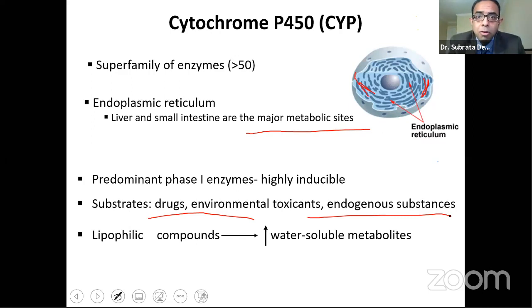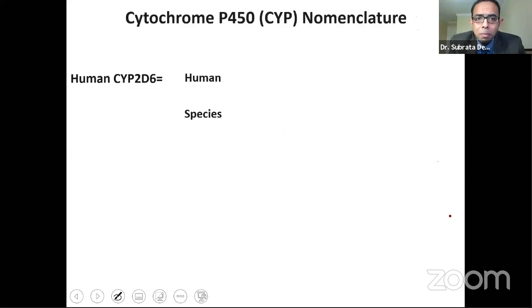PK modulator. Now, you may have noticed in different textbooks and papers, they are named very differently, unlike other enzymes. They say CYP2D6, 3A4, right? But look at other enzymes. We say esterases, angiotensin converting enzyme. But cytochrome P450 or CYP, they are named very differently because, and I'm going to say it here, when you